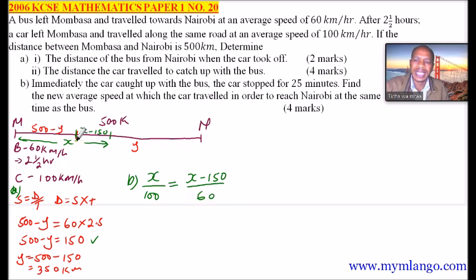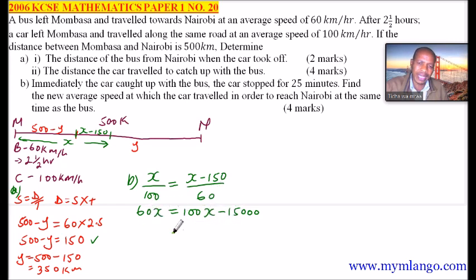So if you get x, then you have obtained the distance the car traveled to catch up with the bus. So you can cross multiply here and say 60x is equal to 100x, 100 multiplied by 150, we get 15,000. So we can take 15,000 to the other side,